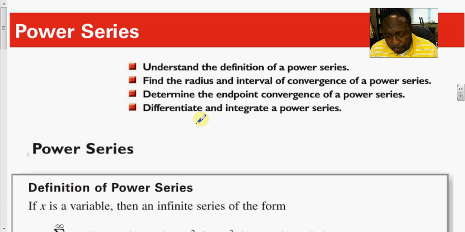Power series. This section is most useful, and you will find it so in differential equations when you get to that particular chapter and section. Here, we want to be able to describe a function based on a power series. Now, this section is only an introduction to power series, and so you won't get the full gist of it